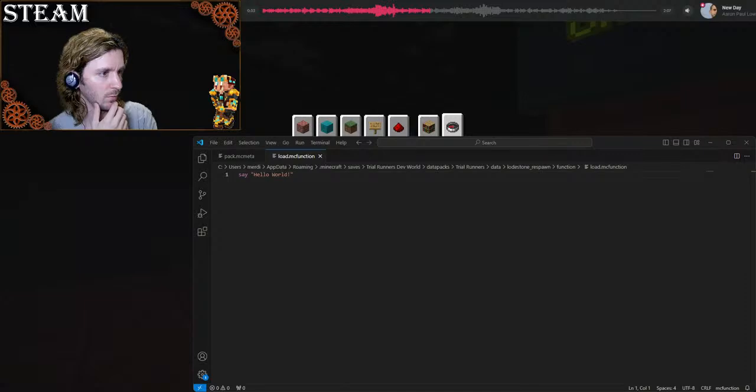Genuinely very confused. Okay, maybe it's having trouble locating it. So if I check my format, it should be looking for lodestone function load. Maybe that's what I'm missing. So let's try